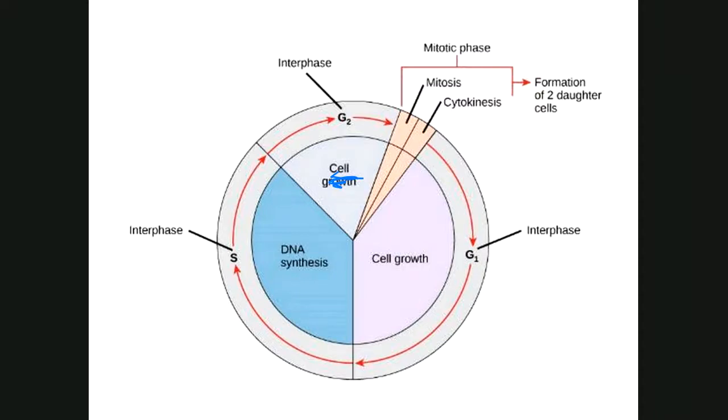G2, it says there's cell growth, but I like to think of G2 as the stage in which the cell is getting ready to divide. And what I mean by that sounds very vague. The cell is going to start producing a lot of microtubules. You saw those earlier in a couple of pictures. It's going to start forming microtubules, and it's going to store up some energy in the form of ATP, because this is a process that requires energy. So all of that is going to happen in G2. The cell might still be growing some, but the real significant thing about G2 is all getting ready to divide. So collectively, that's known as interphase.